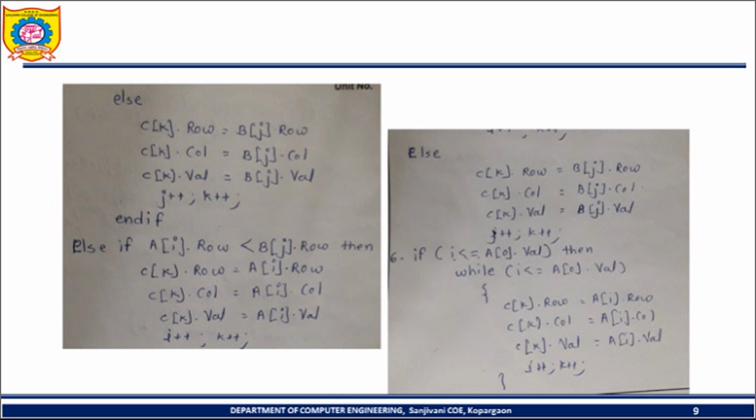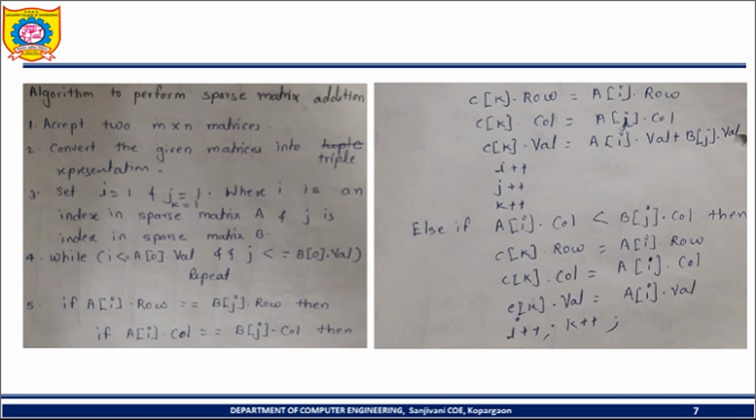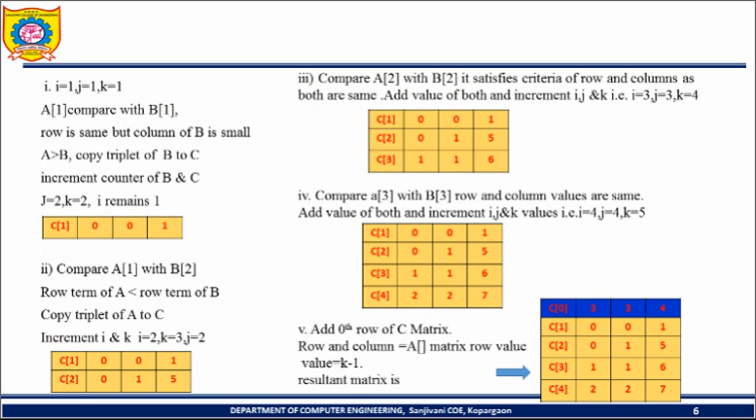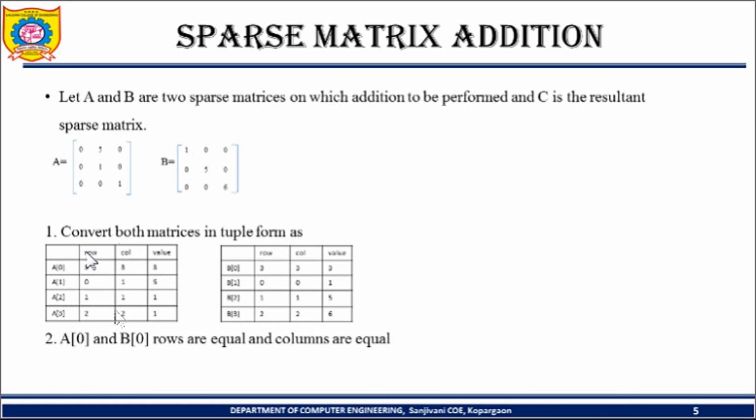For example, now this is the A matrix and this is the B matrix. For the A matrix we have taken the i counter and for the B matrix the j counter. Now if the i counter reaches the last non-zero value 3, means i is equal to 3,